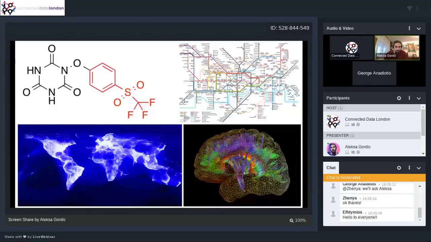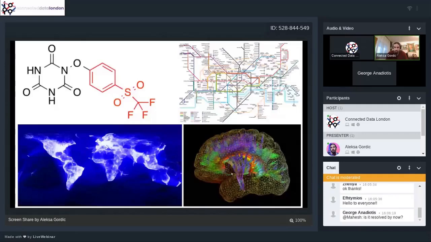Hopefully that makes sense. In the bottom left, you can see a social network, and again, it's very natural to model social networks as graphs, because every single user on the network is a node, and then you have connections, which are edges. Finally, in the bottom right, you have the brain, which you can also think of as a graph.